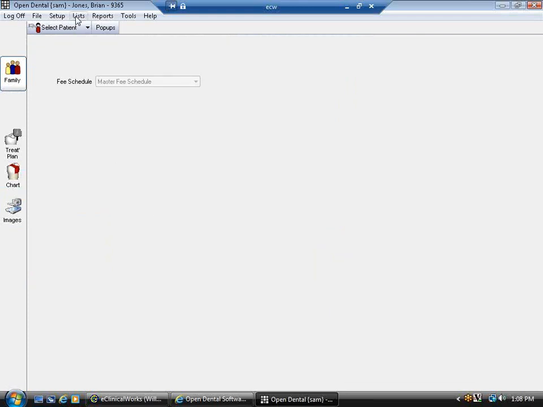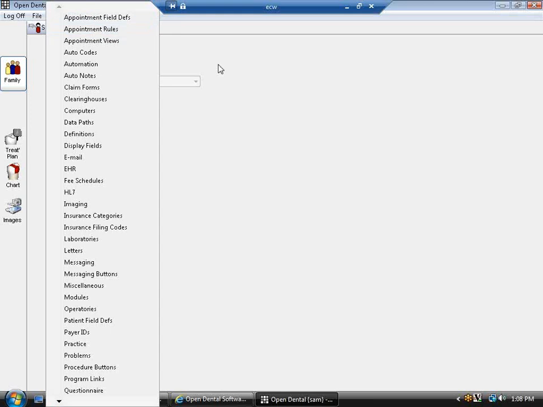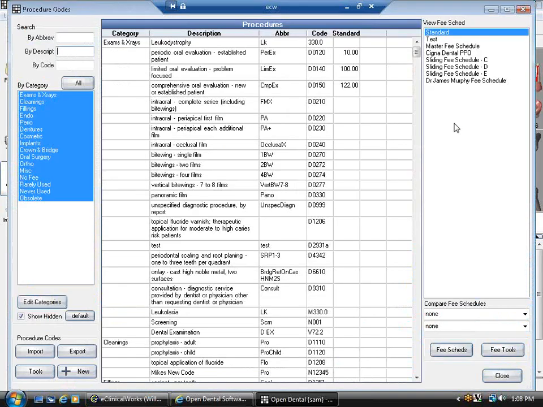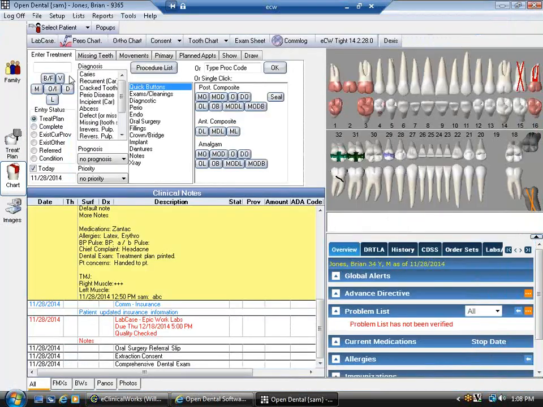Open Dental looks for a fee schedule with that same name. So what you would do is you would set up all your fee schedules in eClinicalWorks, and then you would export those fee schedules and import them to Open Dental. So Open Dental should have a list of fee schedules that matches your fee schedules in eClinicalWorks. So in this case, I have a sliding fee schedule, a couple of sliding fee schedules, a master fee schedule, and